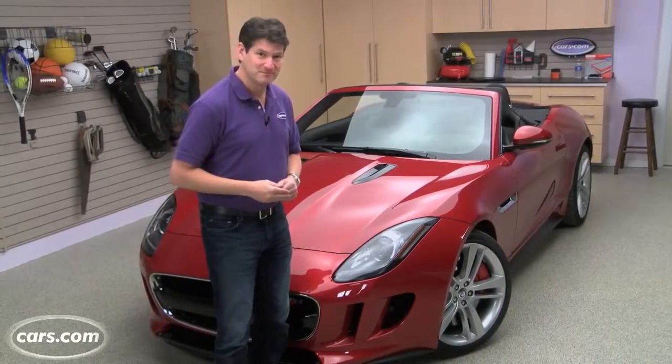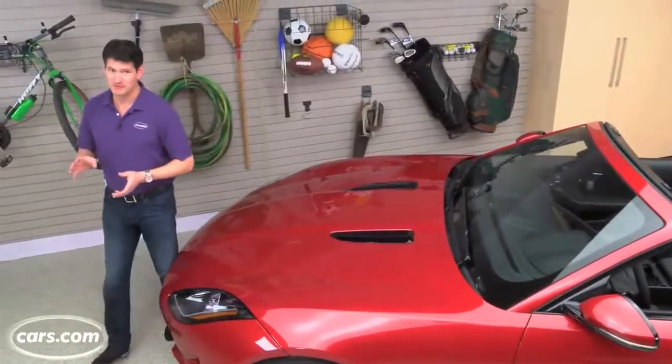There are currently 3 trim levels for the F-Type. There's the